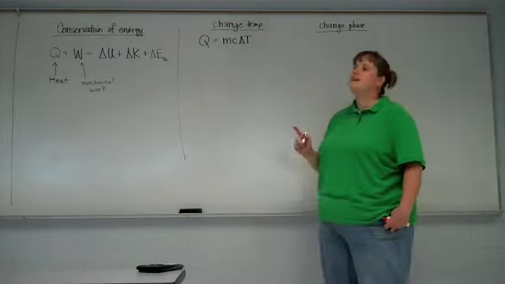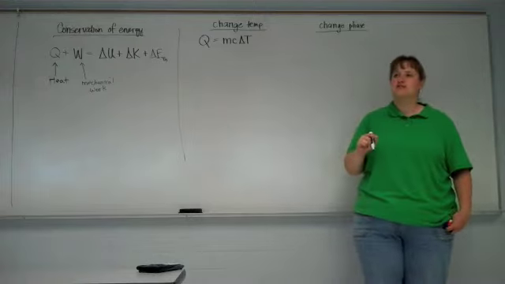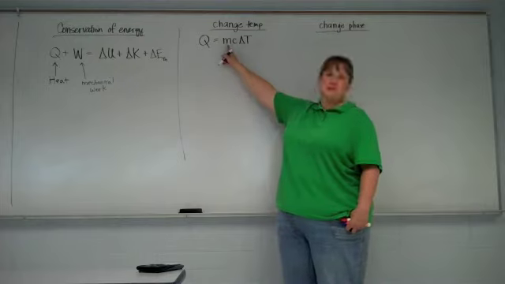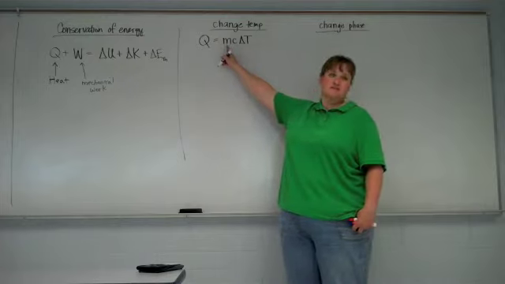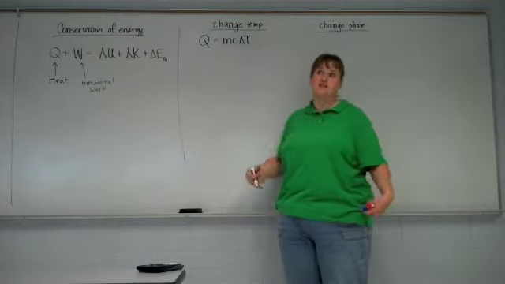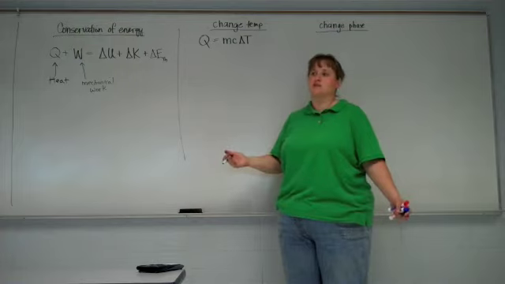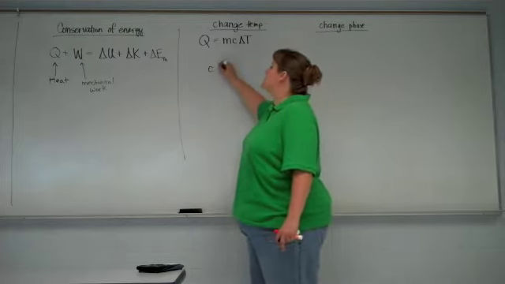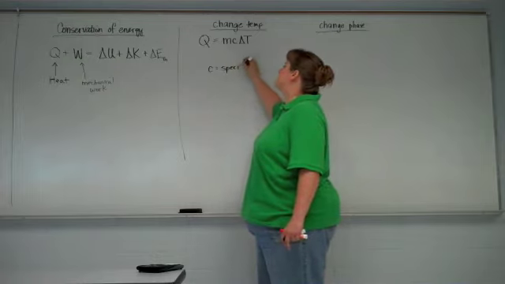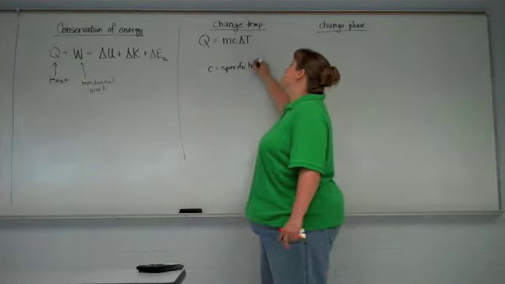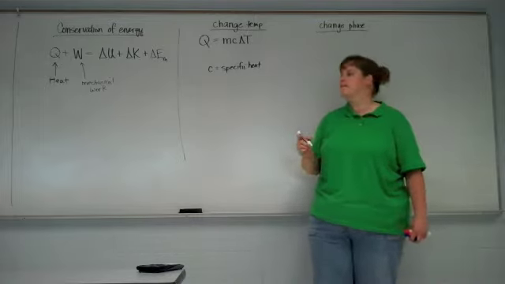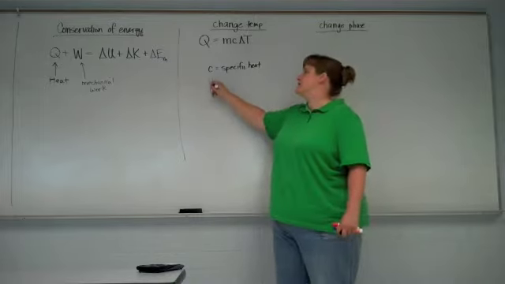The amount of heat necessary to change the temperature of an object, number one, depends upon the mass of the object. The bigger the object is, the more energy will be necessary to change its temperature. Okay. C is called the specific heat. This is something unique to each and every material. Okay. For example, for water,